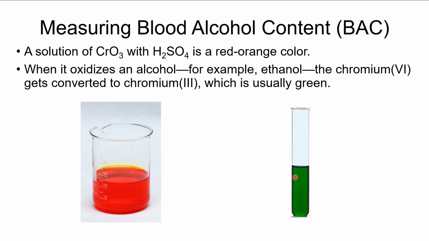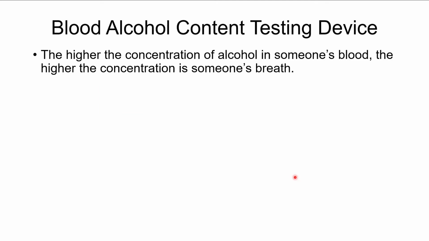When you're looking at one of the tests, the way that they make this work is that whenever somebody has alcohol in their system, the higher the concentration of the alcohol in their system, the higher the concentration of the alcohol in their breath. This is why if somebody's been drinking and you smell their breath, you can smell the alcohol on them,